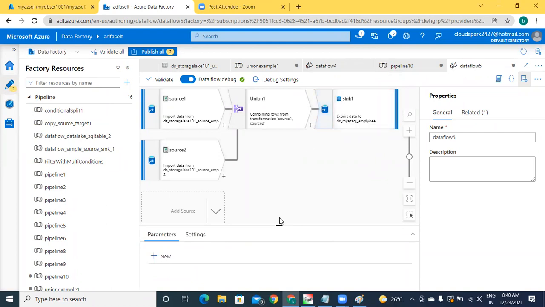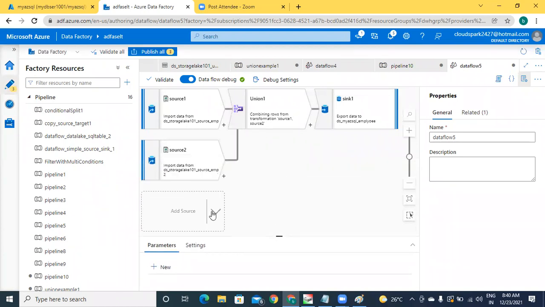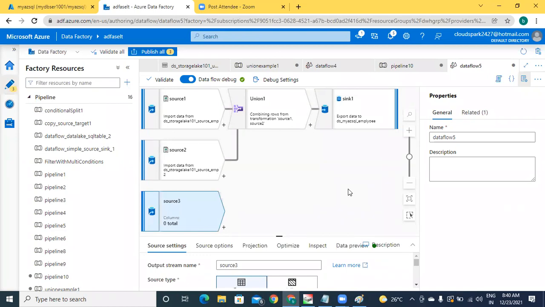Okay. So let's try to identify some of the limitations of this union. Observe this. I'm going to add one more file, sir. My intention is I want to merge 3 files. Here 100 rows, I have 3 branches, 100 rows here, 100 rows here, 200 rows here. Total 400 rows should be in my target table. So this is what we are expecting.